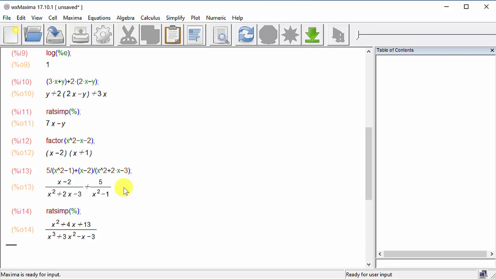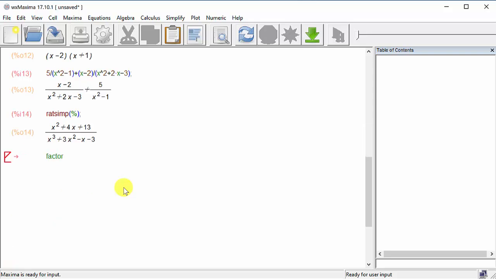So let's try it. It's easy to do. Just type in factor. And we want to factor that last expression. So factor percent, semicolon, and then shift enter. And look at that. The numerator didn't factor, so it didn't factor it, but the denominator did factor. Okay. All right, so what about